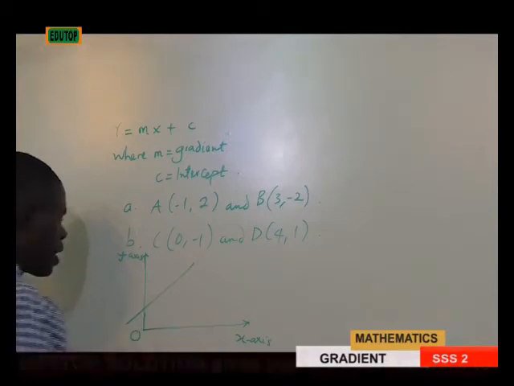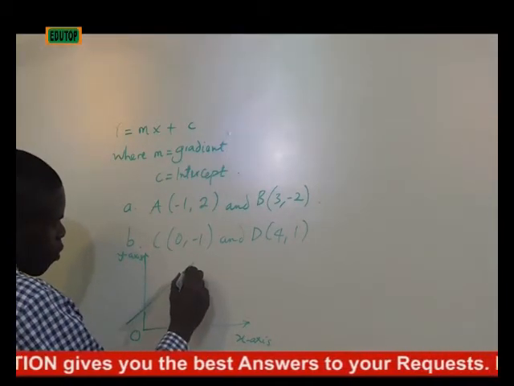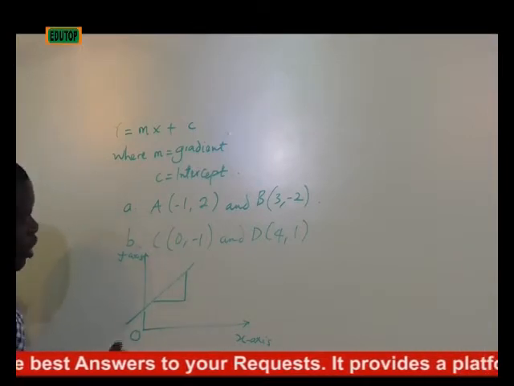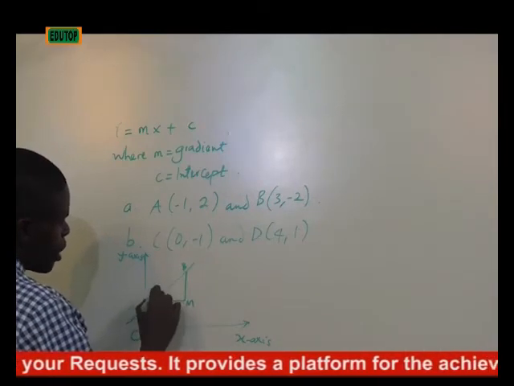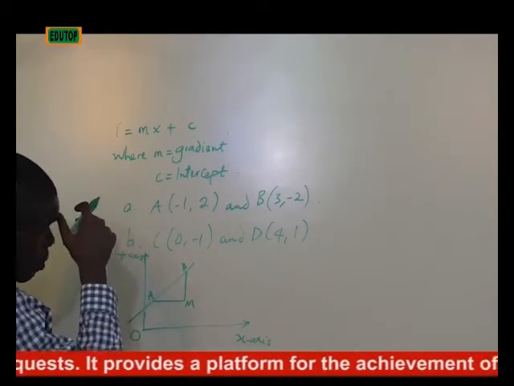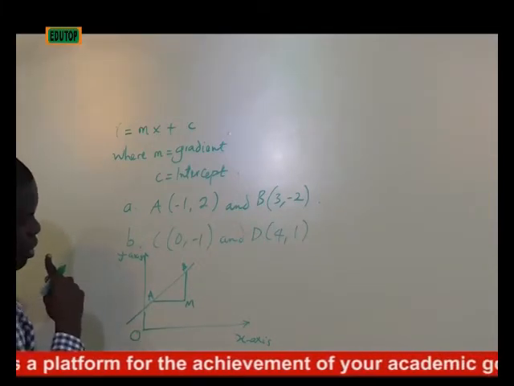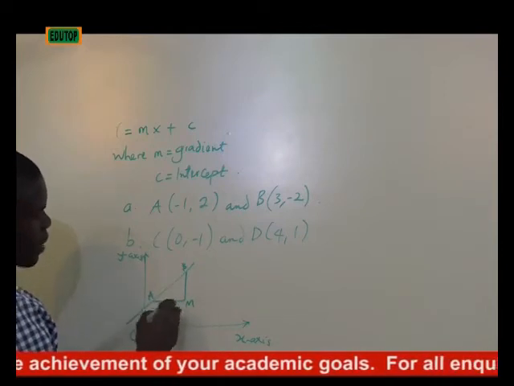When you have a straight line this way, you have something of this nature where this is your N. Let's say this is your B and this is your A. This one automatically is a positive gradient. This is a positive gradient simply because as